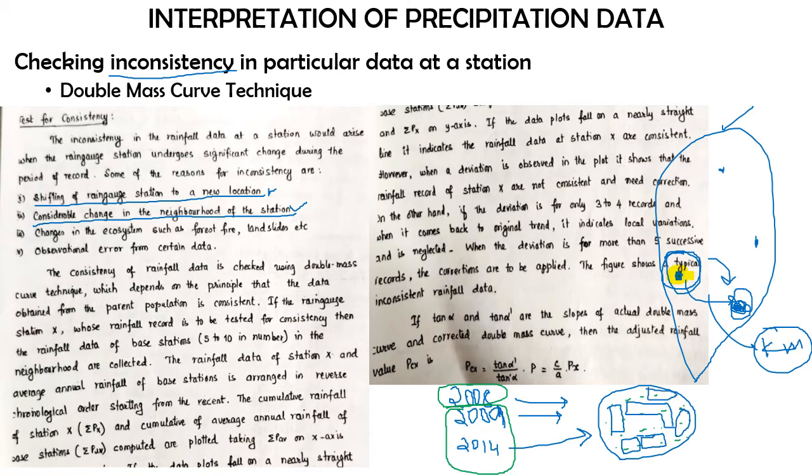So all these buildings, whenever we construct, from 2008 till 2014 there was a drastic change in the surrounding environment, because initially there was no man-made structure in 2008, but now in 2014 we had a huge construction area in the campus. So imagine that a rain gauge station would have been there at the center of our campus. In the year 2008, because of that naturally available grassland and environment, we may have had one type of rainfall characteristic. I hope you are getting my point.